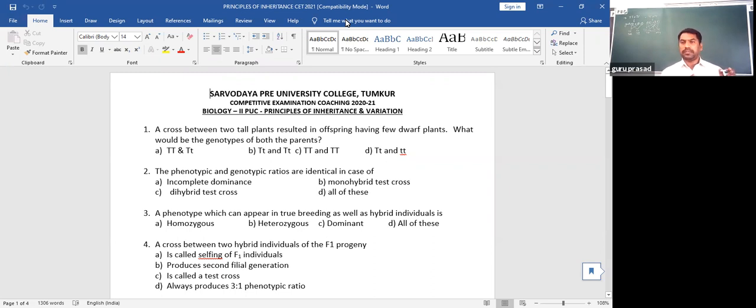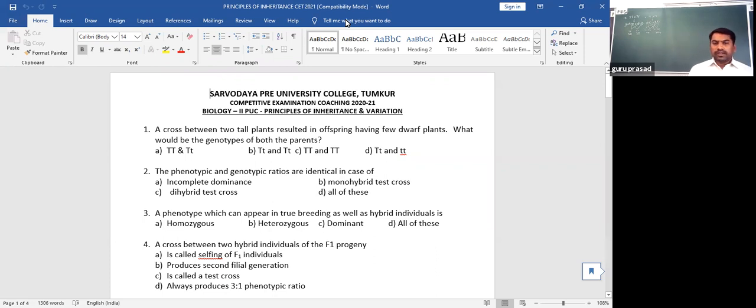So the answer here is dominant. In the parent, capital T is there, whereas in F1 it is also capital T, small t, and the phenotype represented is that the plant grows tall, as one of its parents. So the common one in both the hybrid and the true breeding parent is the dominant character. This is one more theoretical concept. You should understand that concept of crossing parents and hybrid very well, so that you can make the answer well.